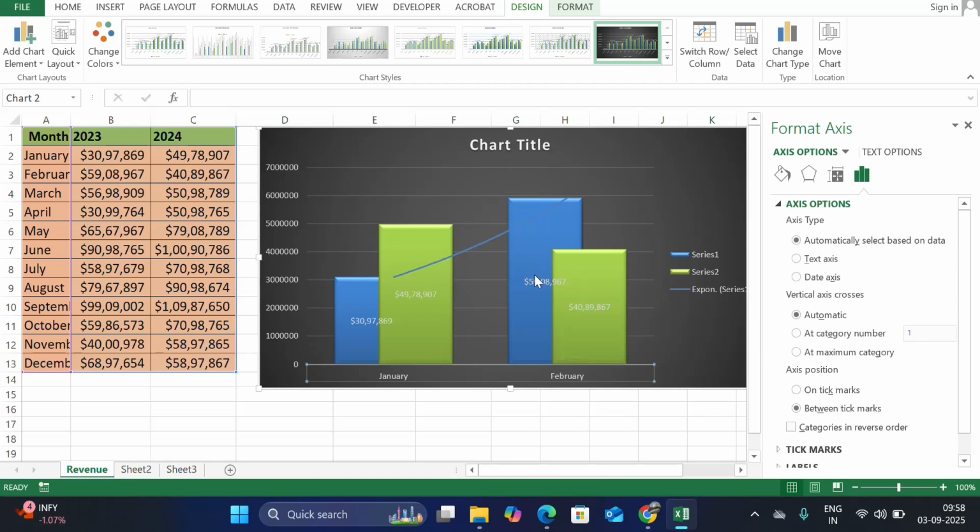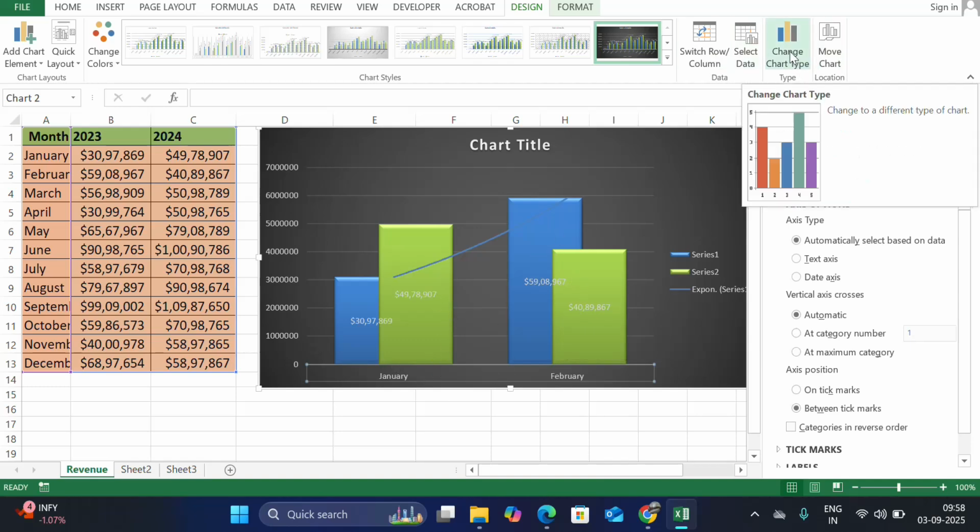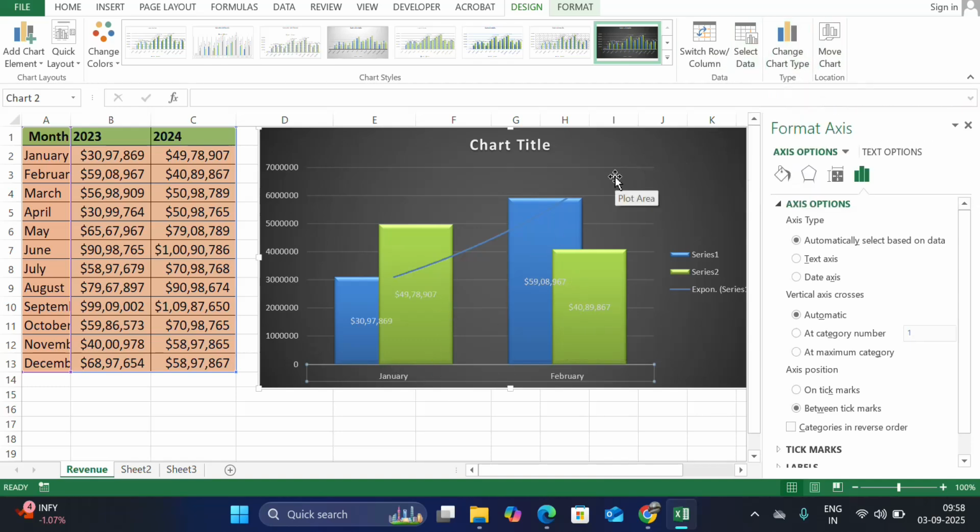So this is where you can customize your month, day wise, suppose you put month wise. Depending upon the requirements. So I hope you like this, guys, how to change the layout of the charts, quick layouts, and